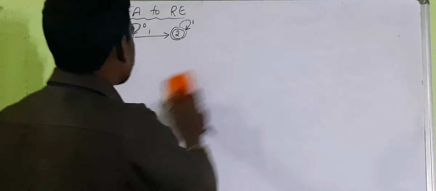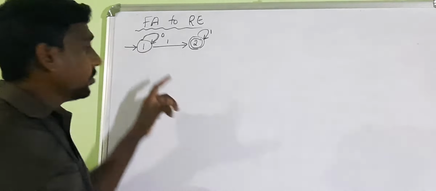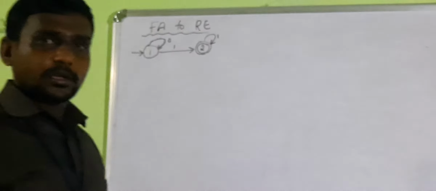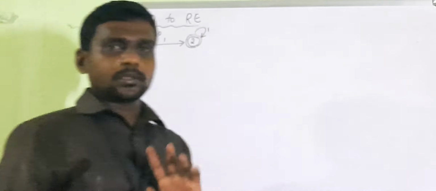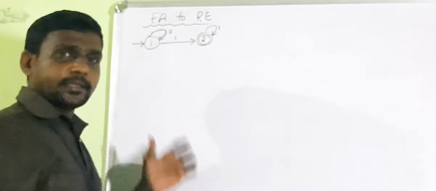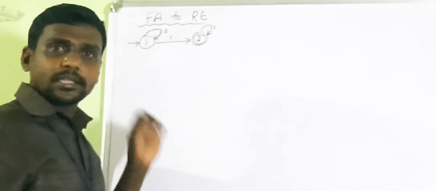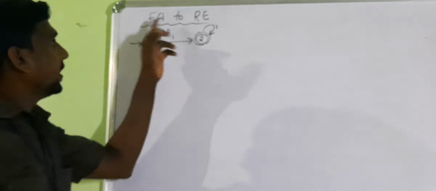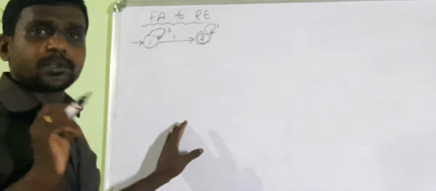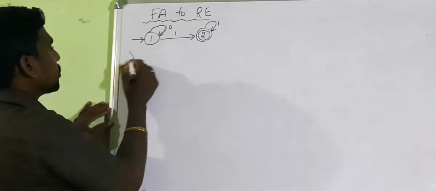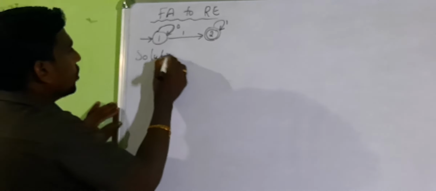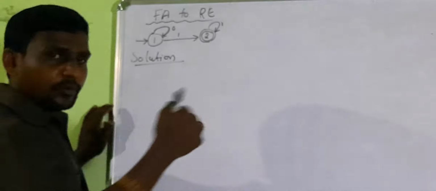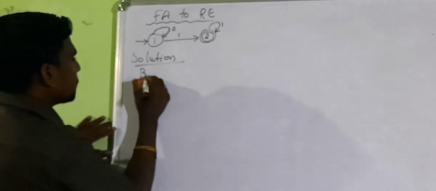That's why, before studying this, you should be thorough with the finite automata to regular expression theorem. I think that's the fourth video lecture in class, unit 2. Anyway, just recall it. See the heading: finite automata to regular expression theorem. So this is the finite automata. We will do a problem, that is the solution. First I told you, we have two parts. One is the basis part.